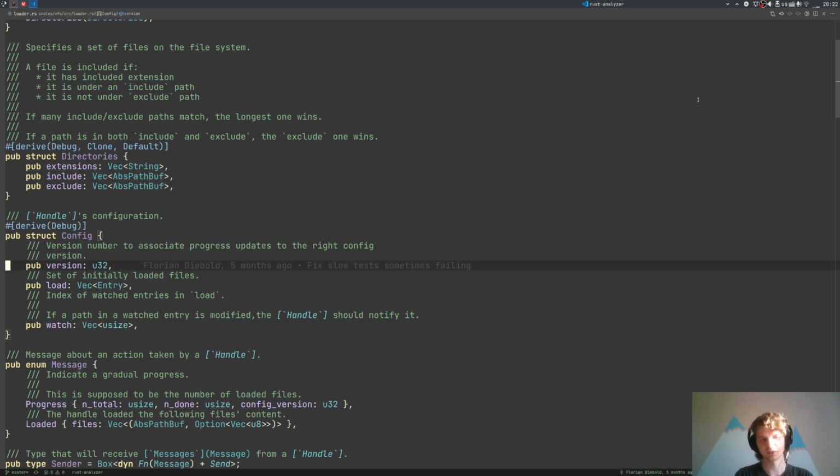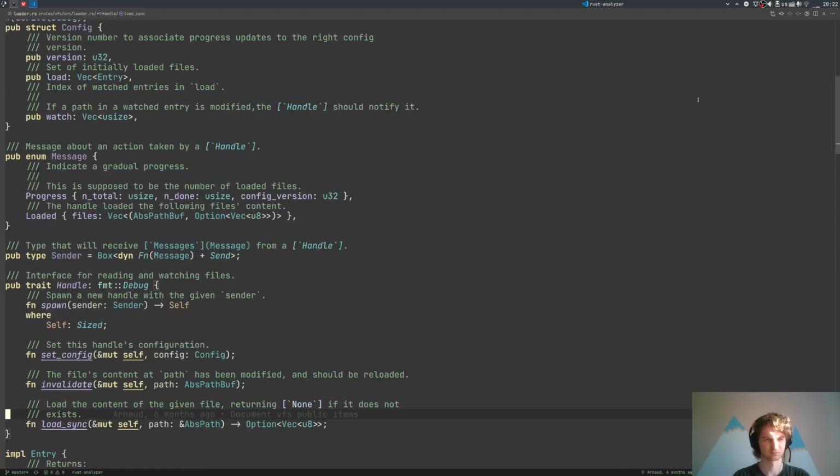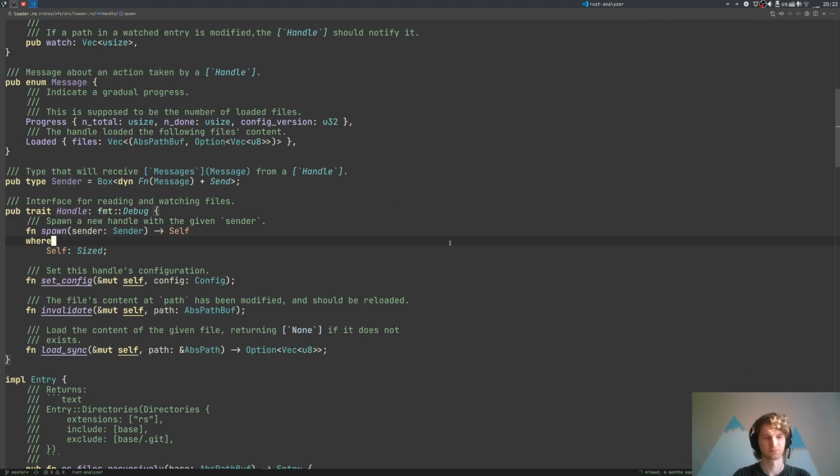Finally, there is this interesting version field here. Again, Rust Analyzer exists in time, and there is no single config for the loader. Config changes over time, and a version is basically an incrementing counter which says which config it is. So handle is the handle to this concurrent entity which watches and loads files. You can create a handle using